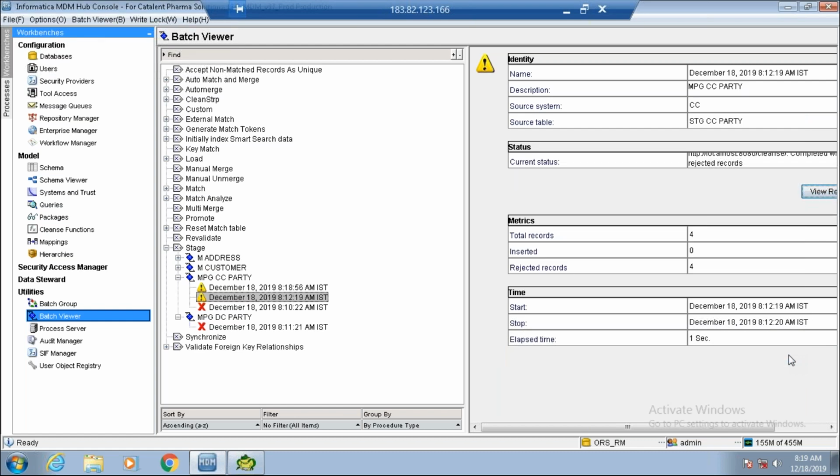Clear till here? This is about a rejection. We did not configure or write any code to reject the data between landing to staging, but it is all done by MDM by itself internally. I have not configured it anywhere, right? It is doing it itself with an appropriate error message. Now you can also go back to your database.